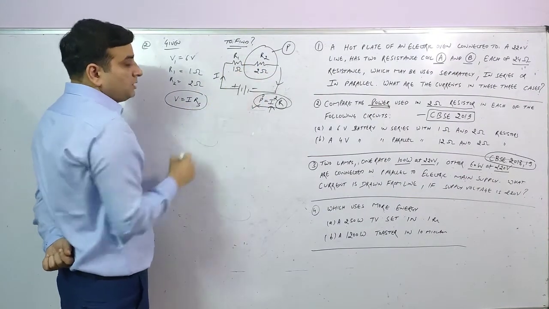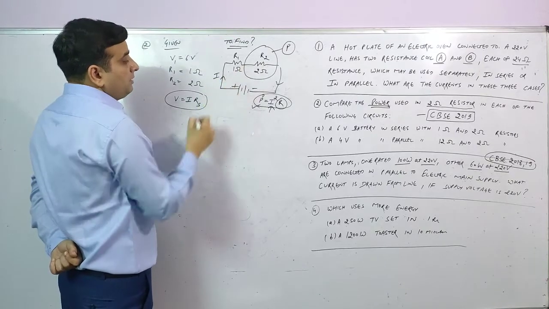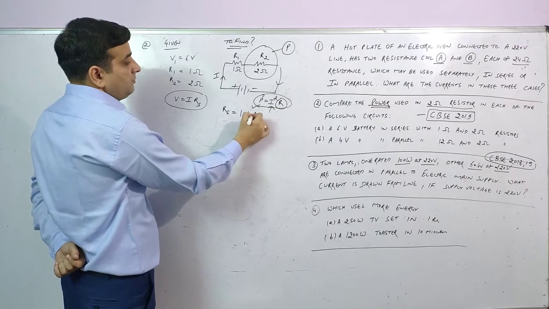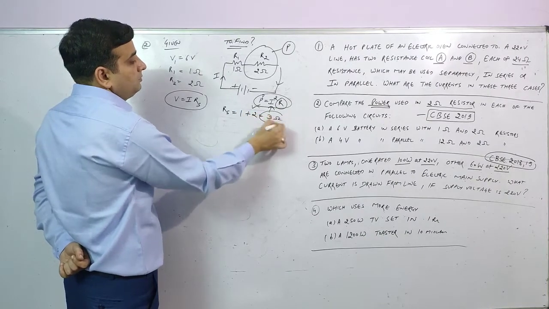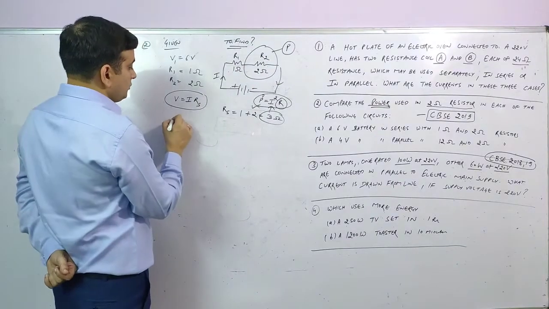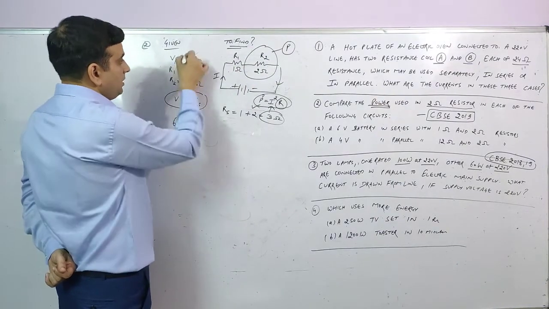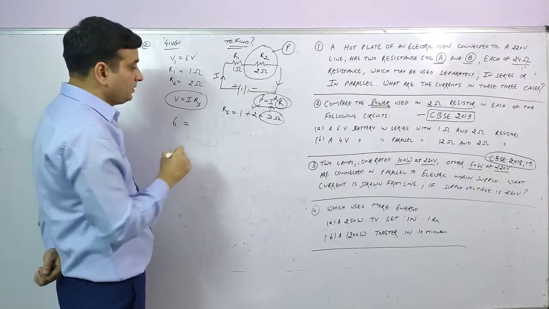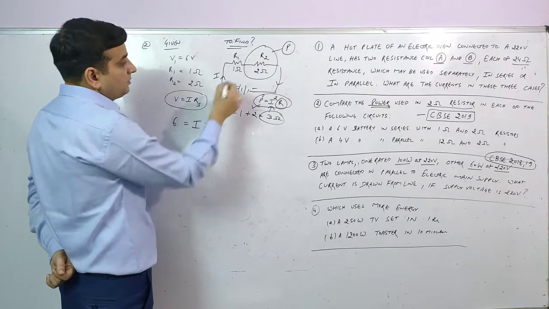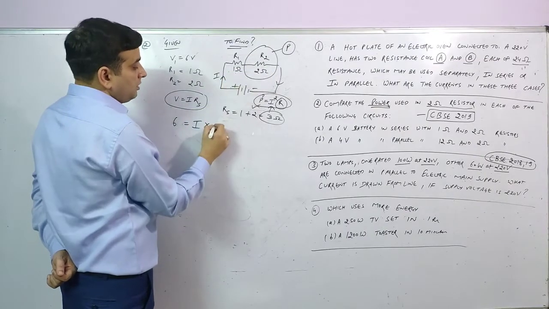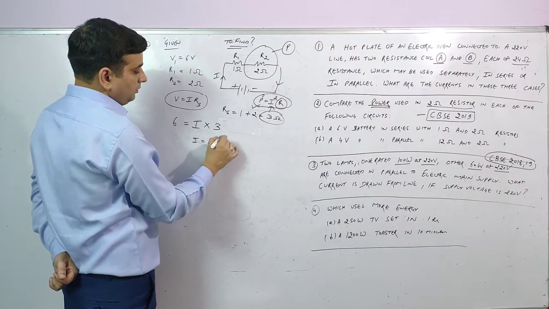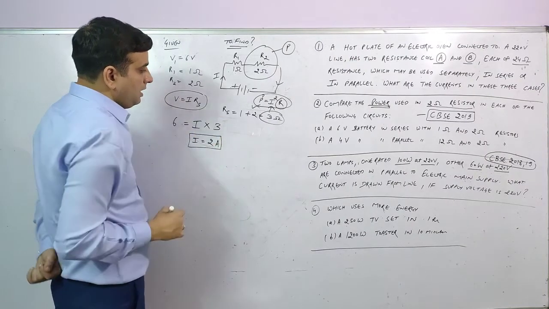Now there are two resistors and both of them are connected in series. So total resistance will be first resistance plus second resistance will be equal to 3 ohm. So total resistance of this circuit is 3 ohm. So V is given as per the statement 6 volt in the first case. I that we want to calculate RS, क्योंकि सीरीज में है दोनों तो 1 plus 2 कितना हो गया 3. So I will be equal to 2 ampere.